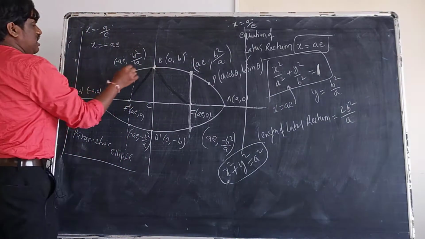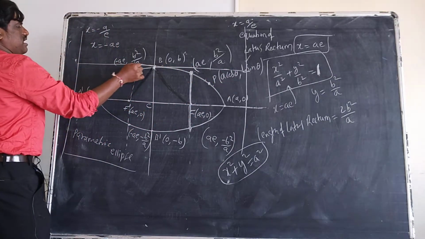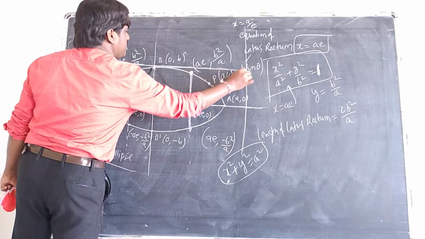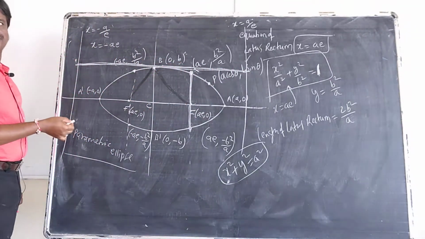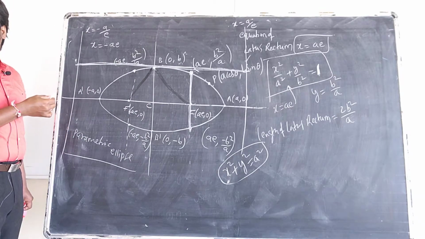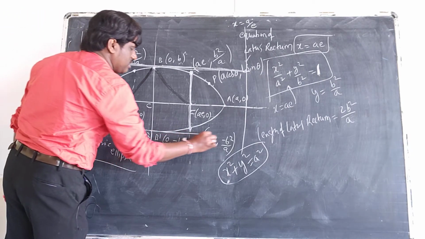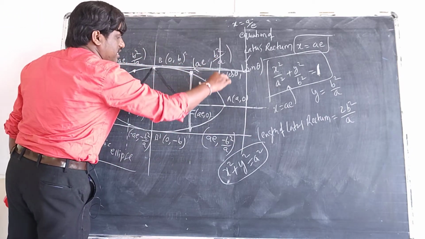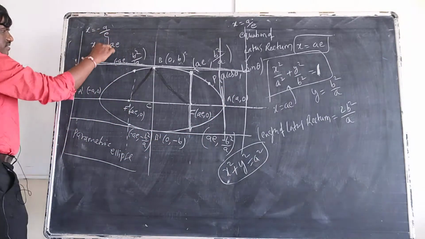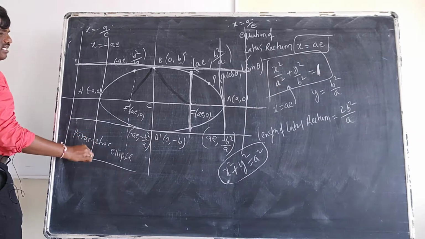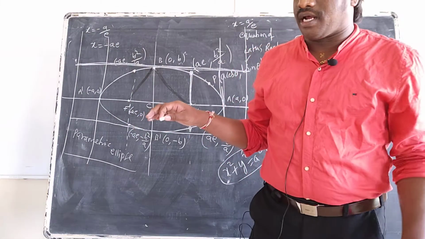This is the vertex. If I draw a line through this vertex, what is the equation of this line? Y is equal to b. So the line is y is equal to b. And what about this vertex? If I draw here, this is also a line. And if I take the vertex here and draw here also, it comes out. If I draw like this, what happened? All these vertices are surrounded,